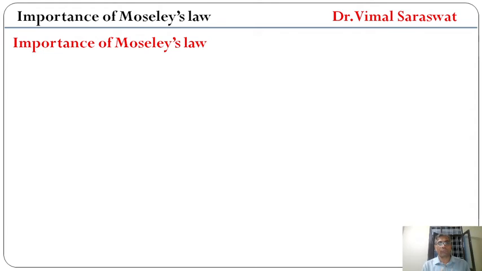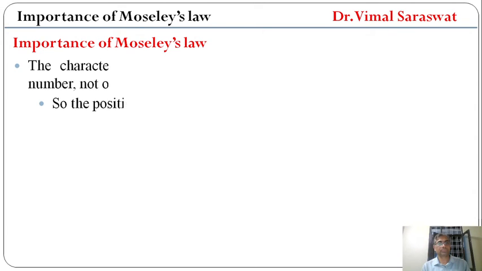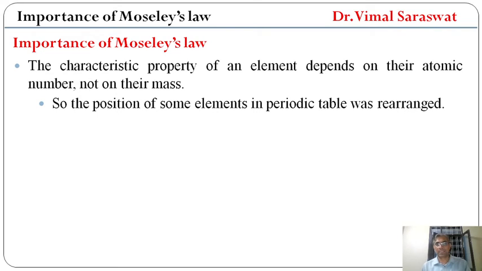Now, the importance of Moseley's law. The characteristic property of an element depends on its atomic number, not on its mass. So the characteristic property of every element does not depend on its mass, it just depends on its atomic number. So, by using this property, the position of some elements in the periodic table, which were already discovered, was rearranged,